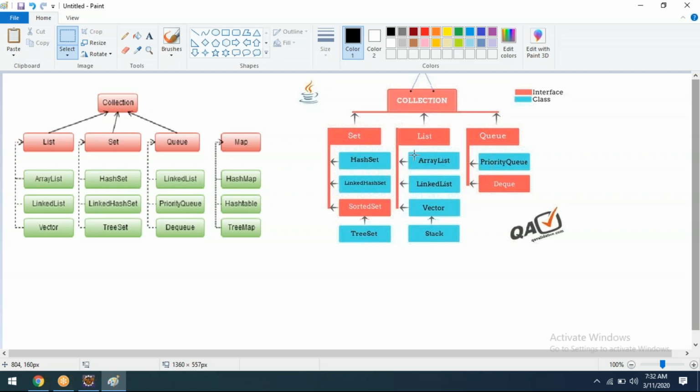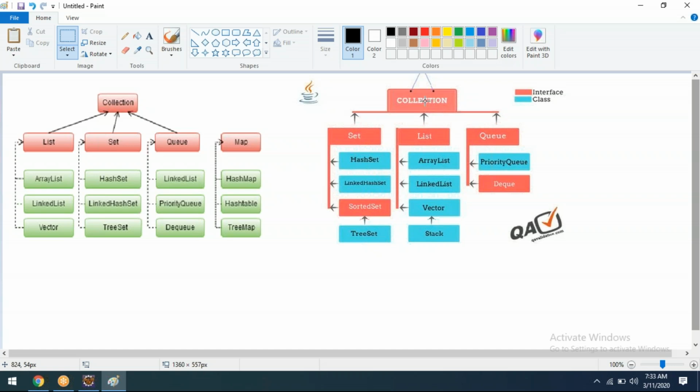Simple point. Whenever we create an object for this class, ArrayList, the ArrayList methods will come. At the same time, it is implemented from List, hence we get all the methods related to List. And this List is also extended from Collection.